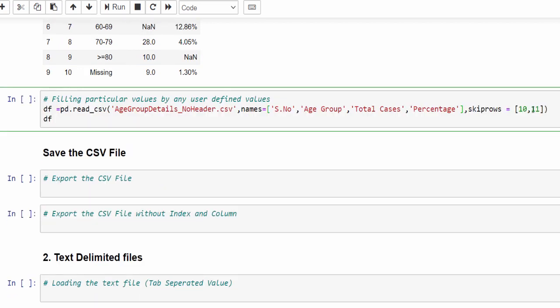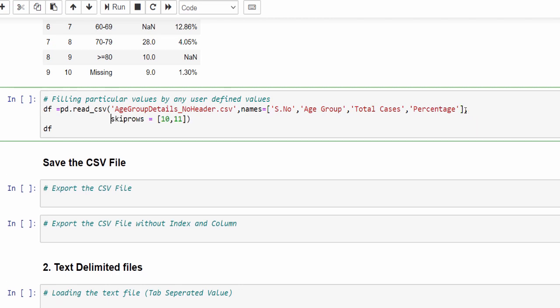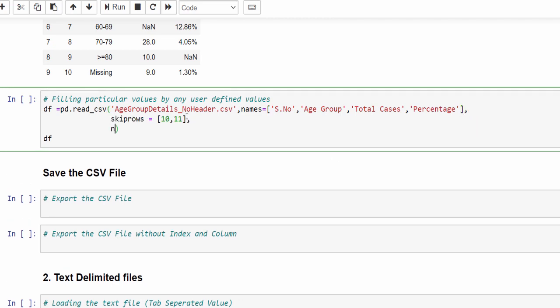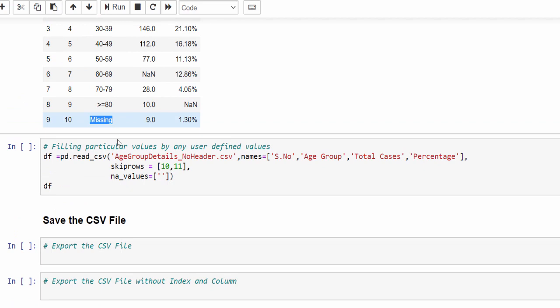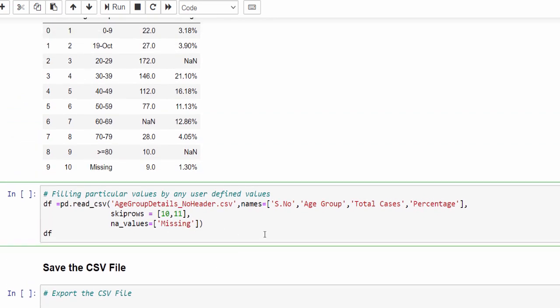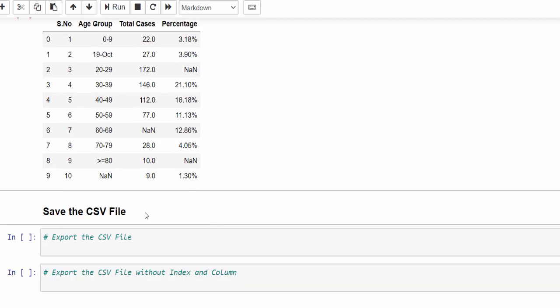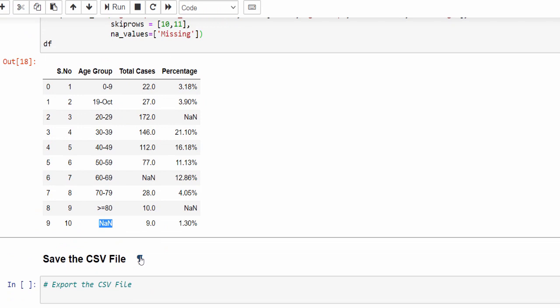So rather than typing it in a lengthier way, I can enter it like this: na_values equal to which value, missing. Now the missing will be replaced by NaN. That's the meaning of this argument. So when you execute, see here, the missing changed to NaN.